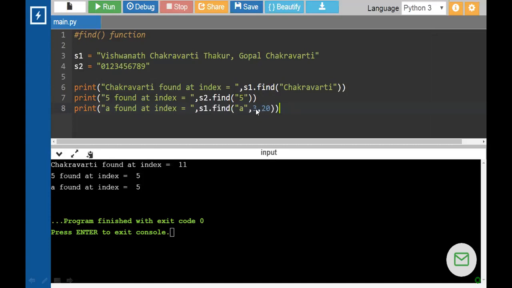So between these indices, only character A will be searched and its first occurrence index will be returned. So when we execute this program, A will be found at index 5. So here in Vishwanath word, we are finding first A at index 5. Thank you so much.